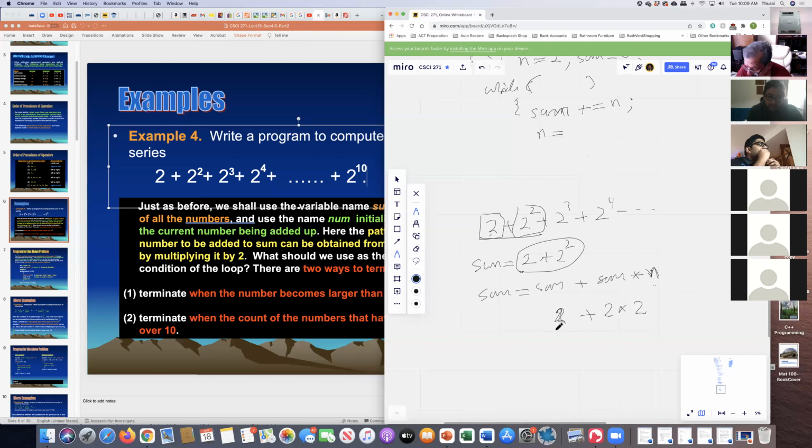Right. That's 2 plus 2 squared. It sounds correct. Okay, when the sum has 2 plus 2 squared, this. Correct, yes. When you go to the next iteration of the loop, if you do the same thing here, then you're doing to the 2 plus 2 squared that the sum has, you're adding 2 plus 2 squared